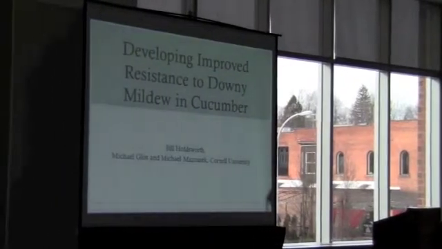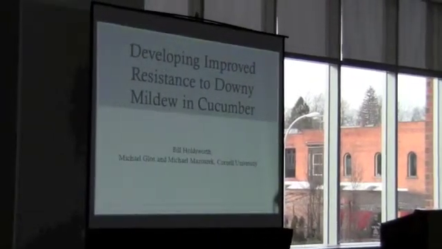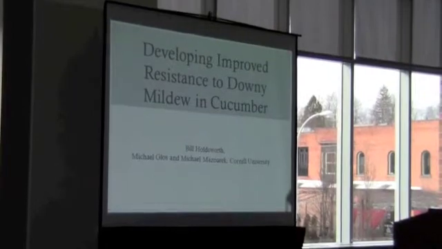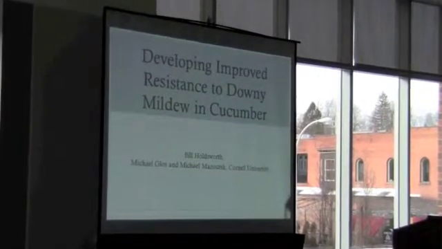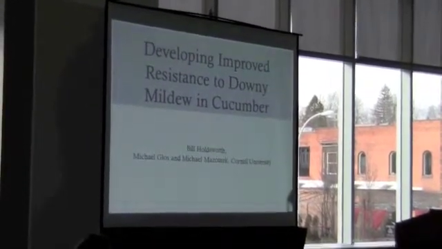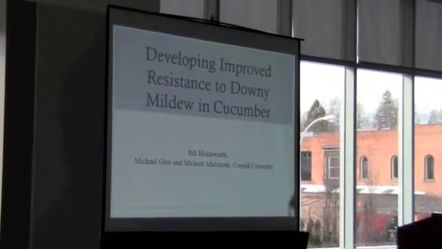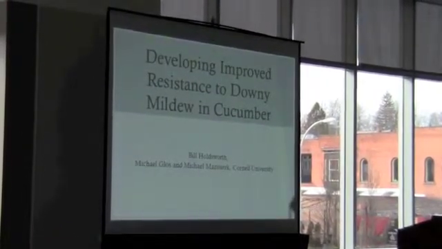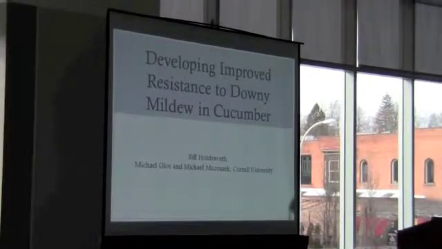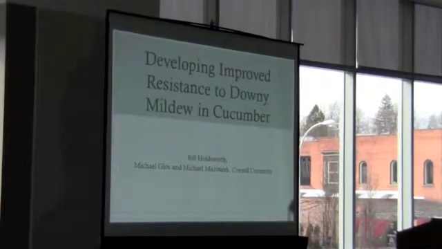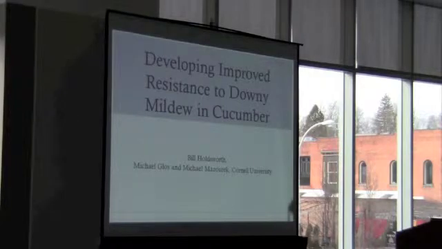I'm a second-year PhD student in the Department of Plant Breeding at Cornell. For the last year and a half or so, I've been working with Michael Mazurek and Michael Gloss at Cornell to develop and improve downy mildew resistance in cucumber. This afternoon, I'll be talking a little bit about that project and some of the work we've been doing there. But at the end of the session, I'm hoping to get some feedback from all of you